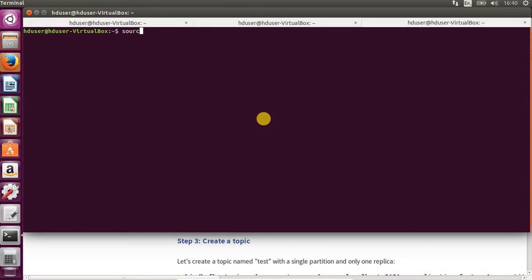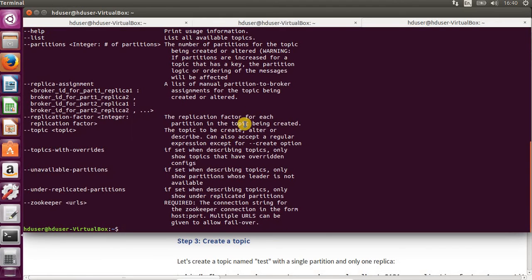Once again, source profile. So kafka-topics, and to help me keep track of all the commands, I'm just going to do help. What are we trying to create? We're trying to create a topic,